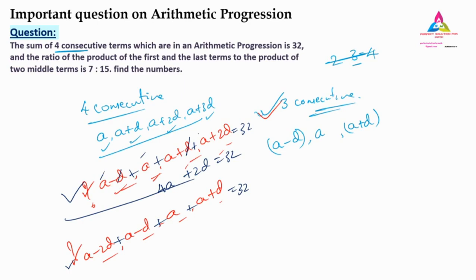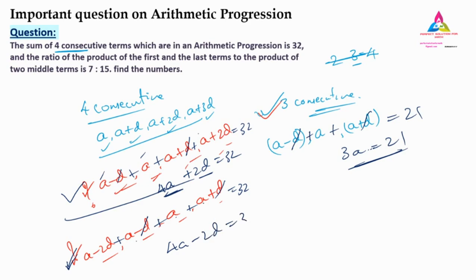For example, three consecutive terms, if you add them together, you are going to get 21, if you take that. Here you can see this D and this D get cancelled, plus D minus D get cancelled. The only thing left is 3A is equal to 21. See, D is cancelled, but in this case we have A also, we have D also. Those who went for this example, a similar answer you are going to get. D and D get cancelled. 1, 2, 3, 4A. So 4A minus 2D is equal to 32.